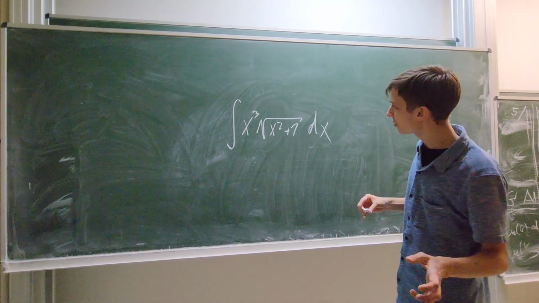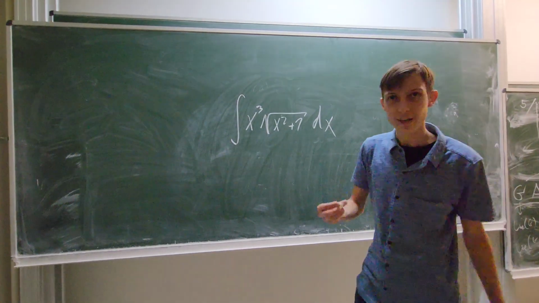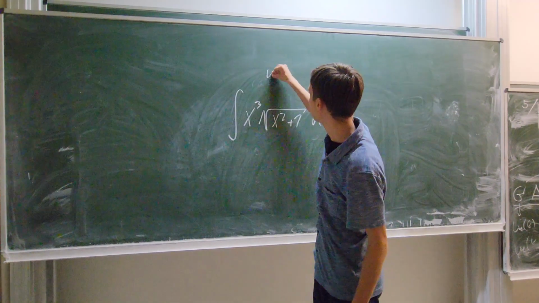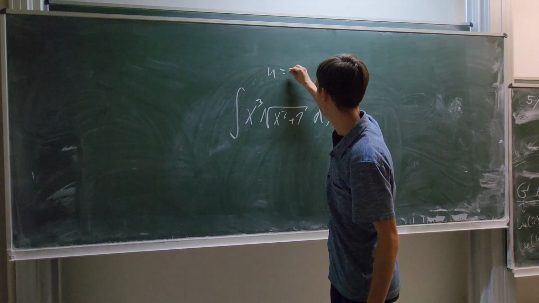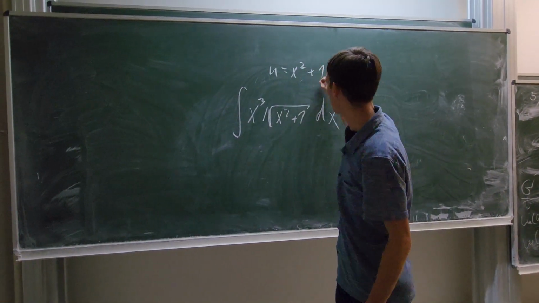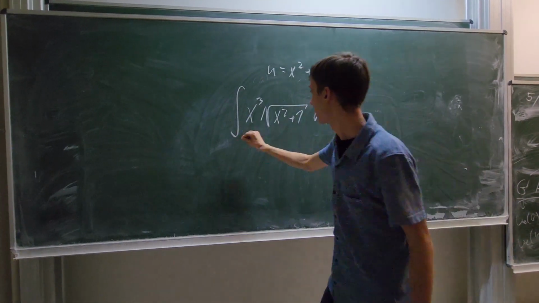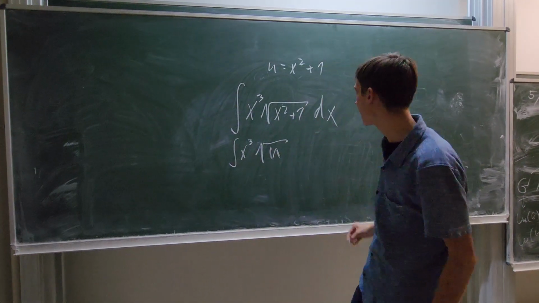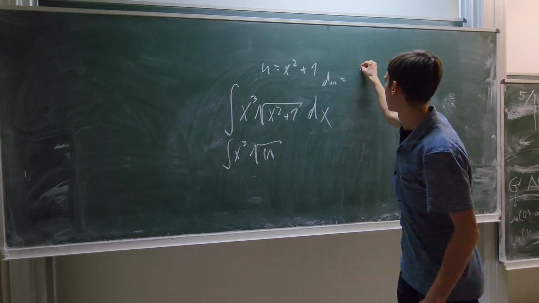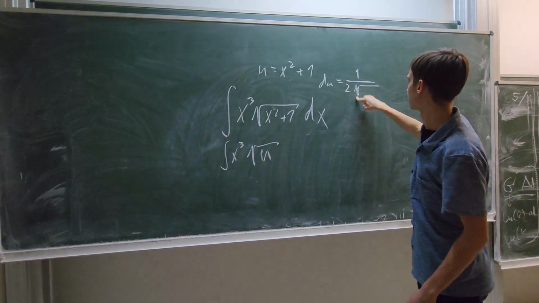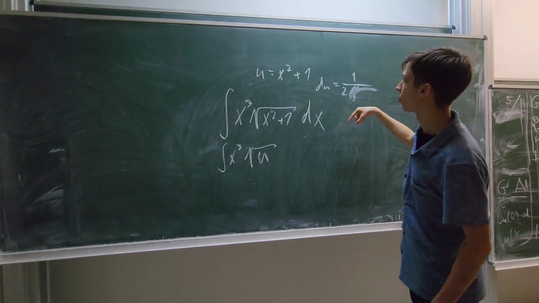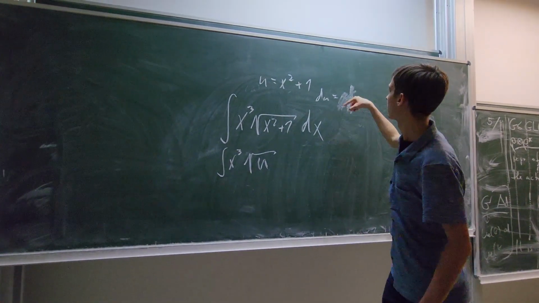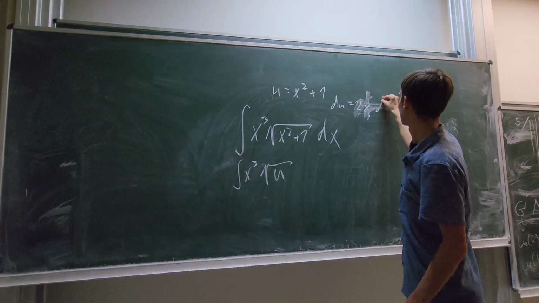And there are more ways to solve this. I can actually choose more variants of u. I might actually show both variants. So let's say in the first case I will say that u is this inner part of the square root, x squared plus 1. In such case I will have x cubed still times the square root of u, and then du will be, oh actually in this case it's not yet, du will be just 2x dx,